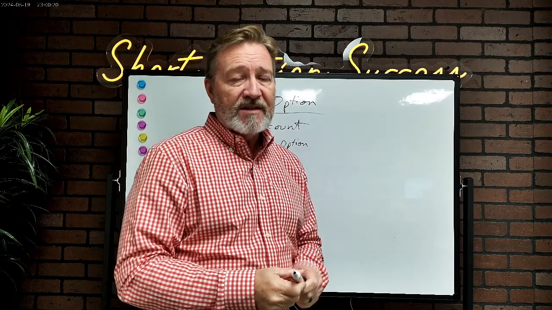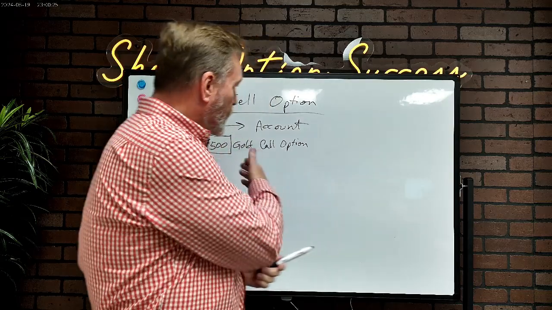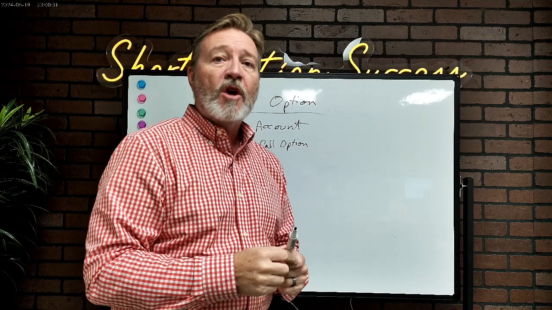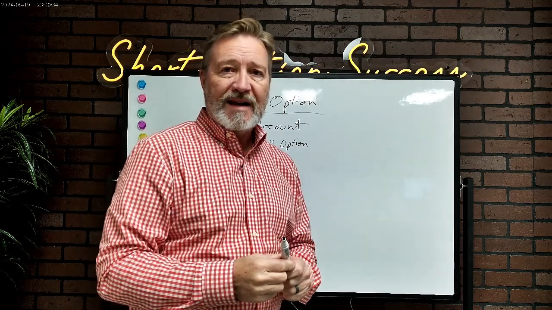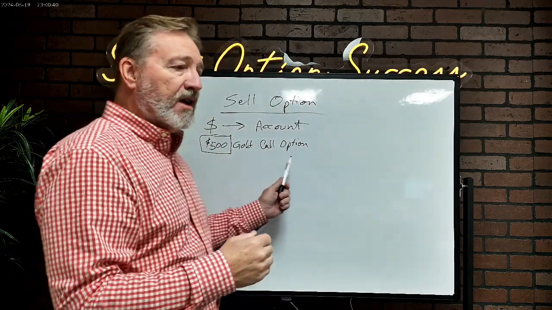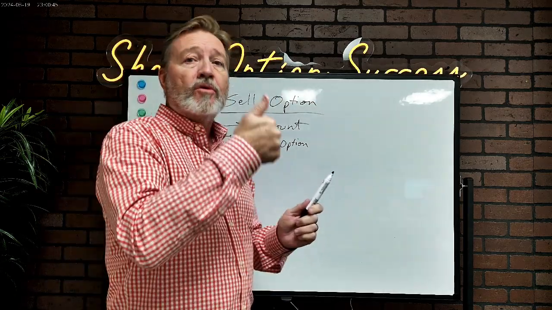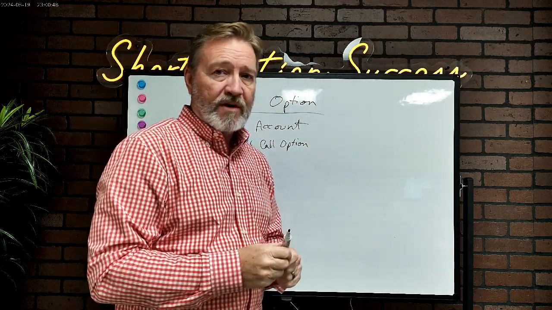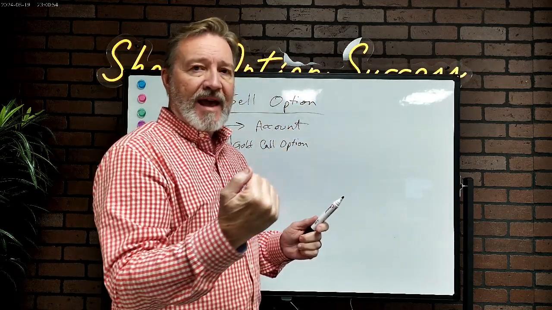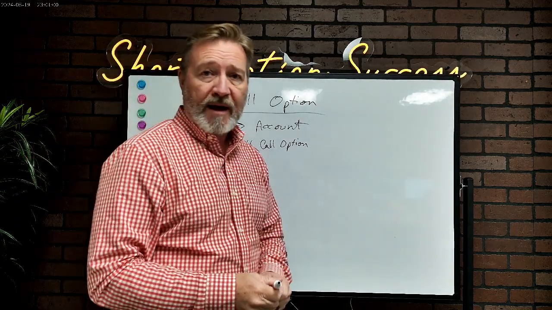Well, that's all well and good, except when the price of gold, or whatever option you're selling, winds up going against you to a certain degree. If we sold a call option here, and gold would go up in price, the value of this option would then go up in price, which is not what we want. When we sell an option, we want that price to slowly and steadily decay and actually get to zero, so that this money just stays in our account and we get to keep it.